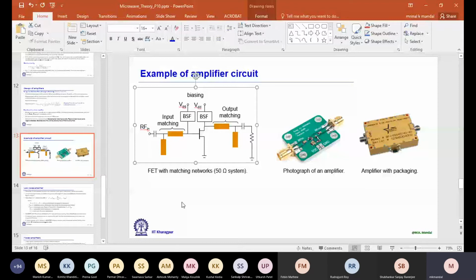Now, FT stability depends on your Q point. Not only that,